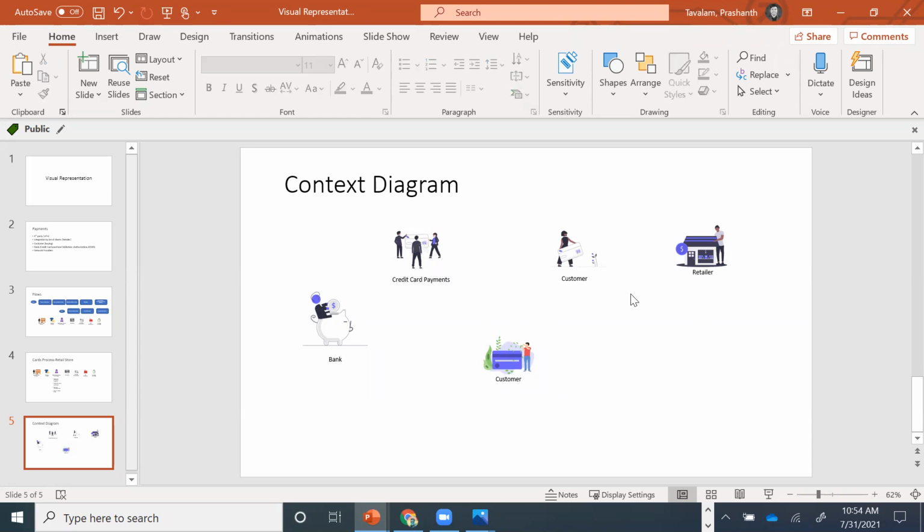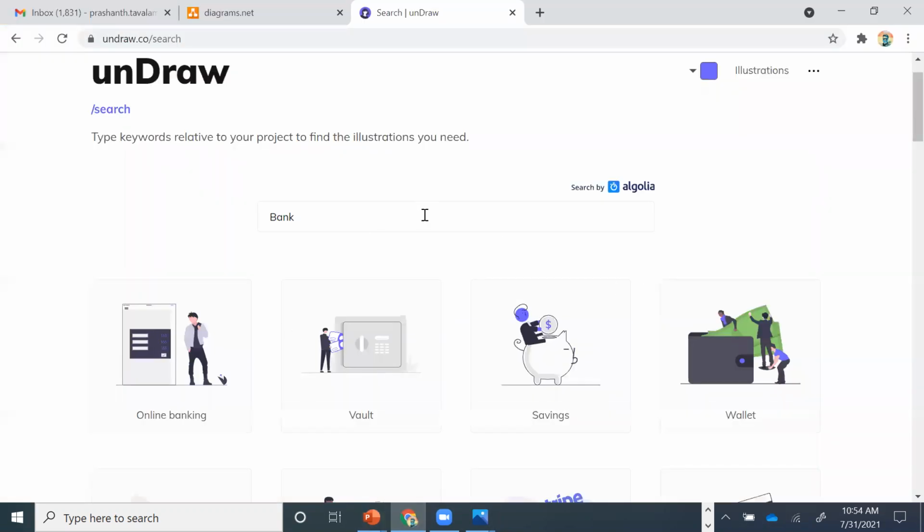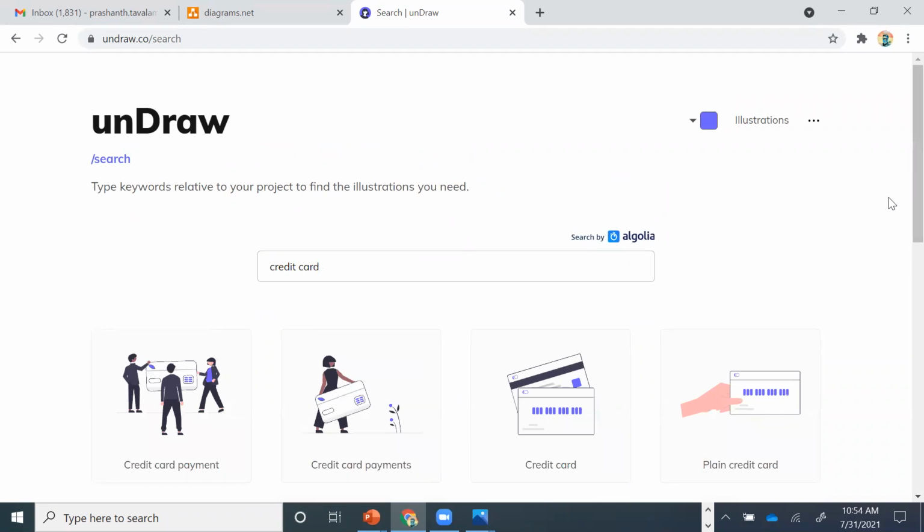Okay, so you have the bank, you have the customer, you have the retailer, looking for credit card company icon, credit card.